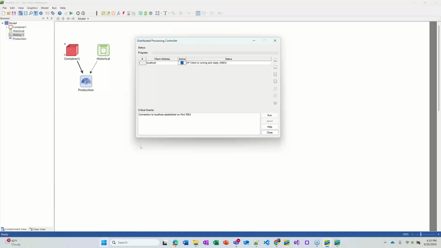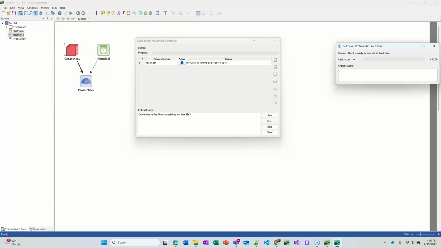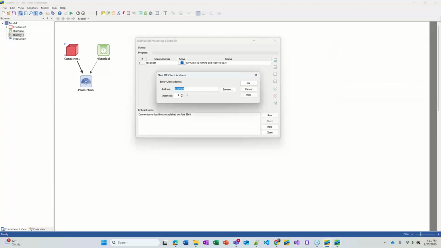So I'm going to press Windows R and then enter. And I'll do it 4 times since, well, let me just do 2. This model is pretty fast. Okay, so I'll add one more localhost again. Now I could have just done 2. If I had already started up 2, I could have just said 2 instances. But anyway,